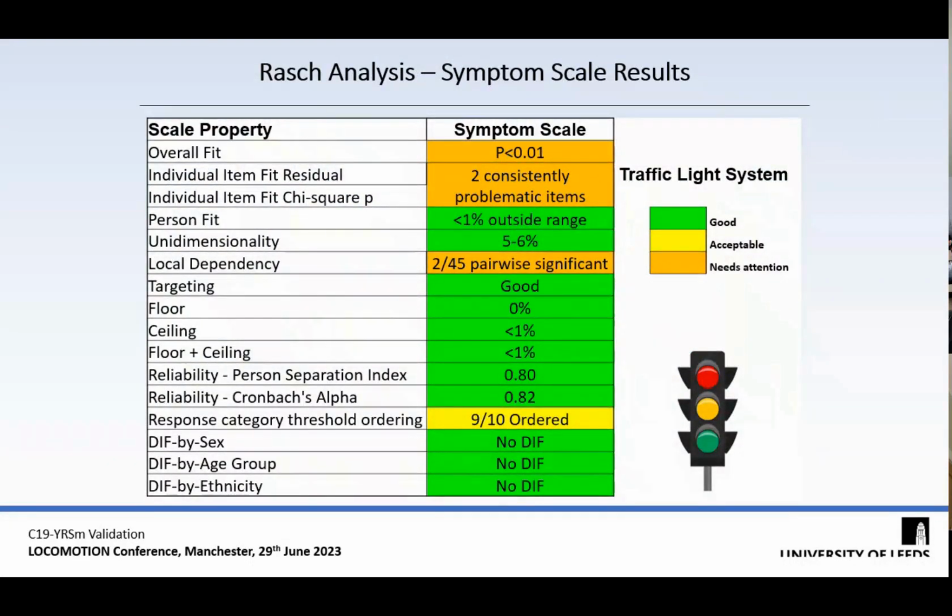So just in brief, I've set up a traffic light system here. I didn't put red on there because you can't see the red very well, so the orange is red, the yellow is orange, etc. I'll put the actual geeky stats in there, which probably won't mean anything to you, so just focus on the colours. Green is obviously good. Yellow is fine, and the orange is the things that we really need